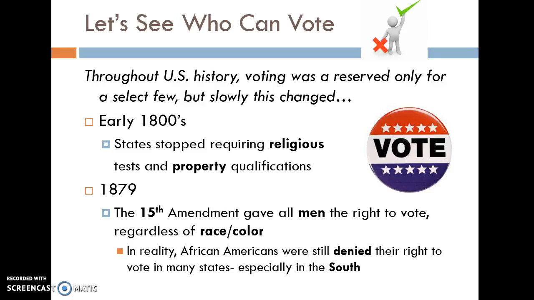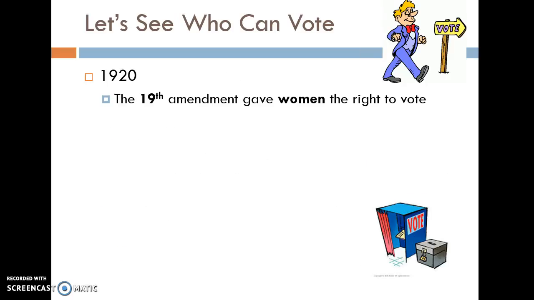Now, in reality, African Americans are still denied the right to vote in many states, especially in the South. There'd be something called a poll tax, where you'd have to pay $1 to vote. A lot of blacks couldn't do that in the South because they weren't earning enough money. There were a lot of African Americans who were illiterate, and there would be a literacy test before you could vote. So if you couldn't read, you couldn't vote. So there were ways that individual states in the South denied the right to vote to African Americans even after the passage of the 15th Amendment.